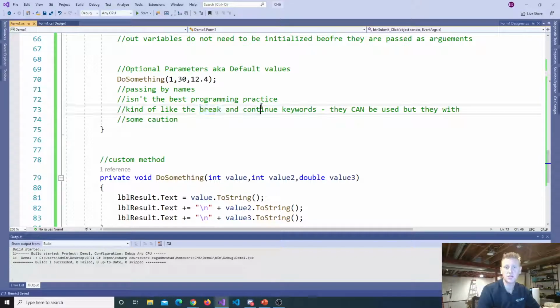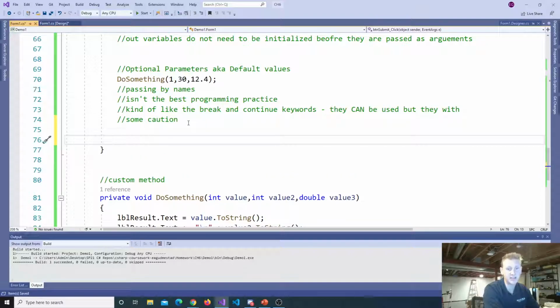Like when you're troubleshooting a giant loop that's 100 lines of code, and there's a break in there that you didn't see, and you can't figure out why your loop is terminating early. Well, it's because you got this keyword in here that causes that to happen. Some caution around using passing by names,